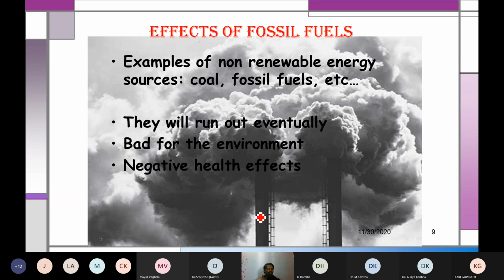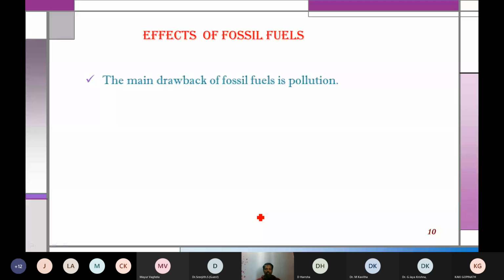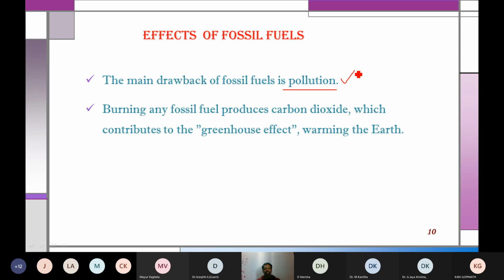Pollution, a lot of health hazards they'll be creating. So a lot of issues are there with fossil fuels, not only this one. Pollution is one big issue with the fossil fuel. Then another one is the greenhouse effect or global warming, because the burning of